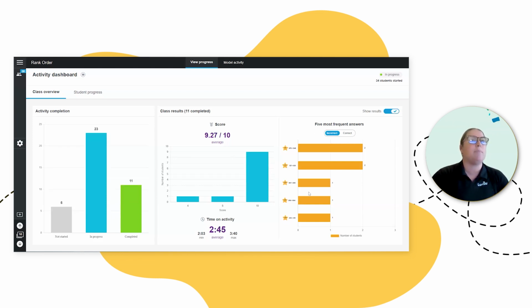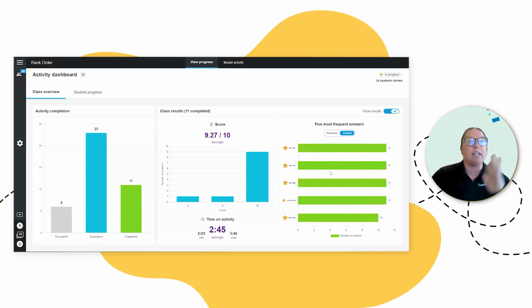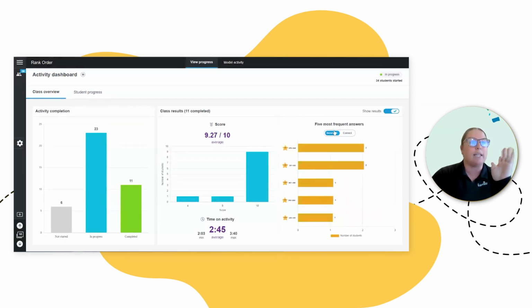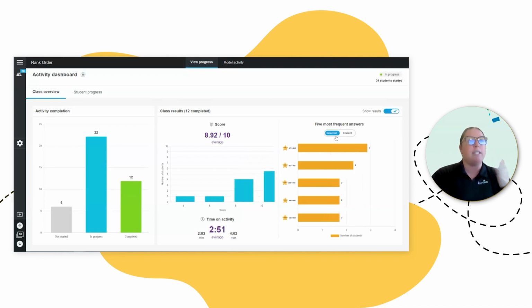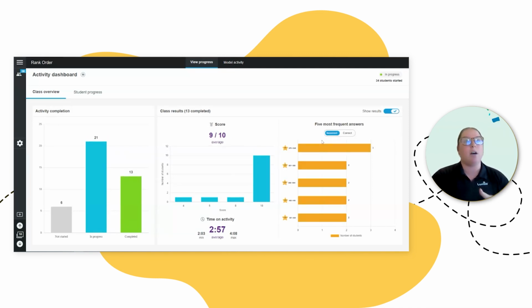So I know as a teacher, maybe if I'm doing centers that day, which ones I can take away, but which ones maybe I keep in. So maybe correct, I take these top 5 out, but then incorrect, I keep these in the shuffle. So they keep practicing these multiple digit addition problems, right? So I can see the data, obviously, as it changes as you complete them. But I love this one over here. It's helpful for me, which ones I need to review, versus the ones I know my kids are crushing.